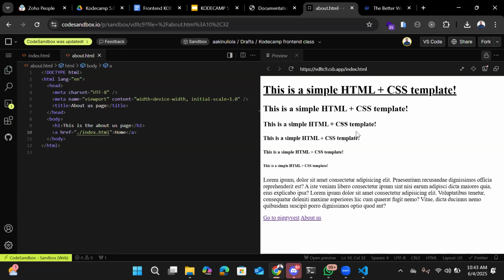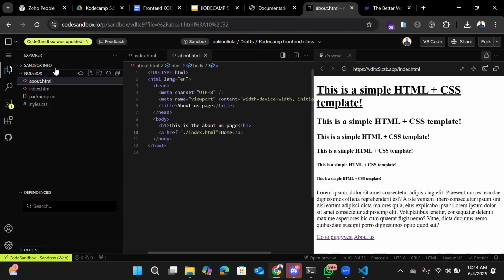So I also want you to notice something right here now. You can see that there are two different kinds of elements we have in HTML. They are the block elements and the inline elements. Block elements are elements that occupy their full width. As you can see, I have h1, h2, h3, h4, h5, and h6. What this simply did was, each of those elements occupied a full width. But look at what we have on our